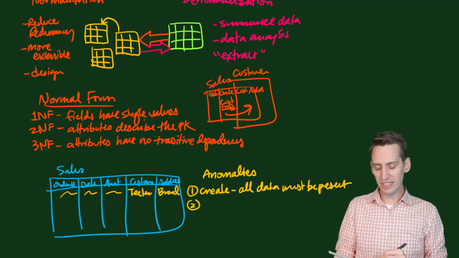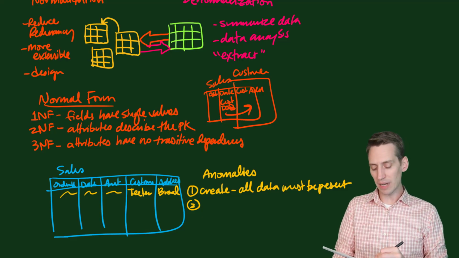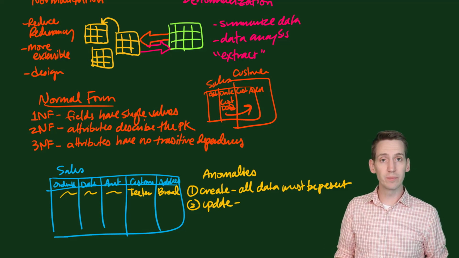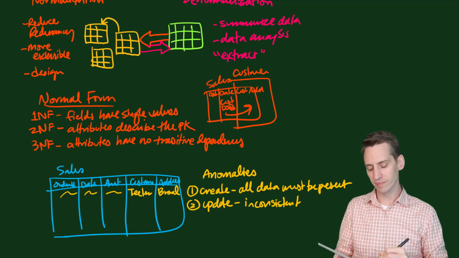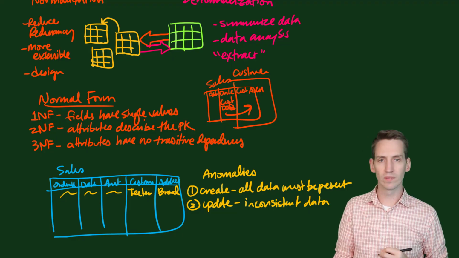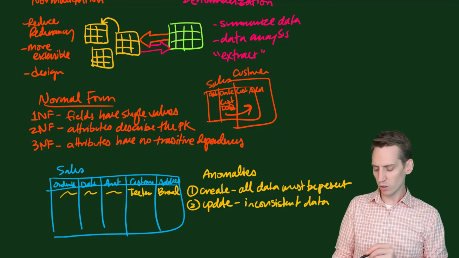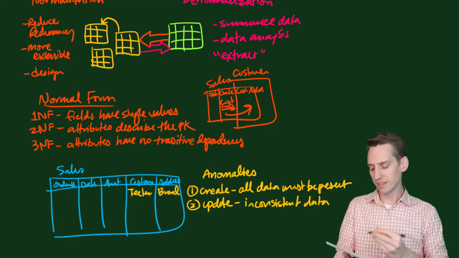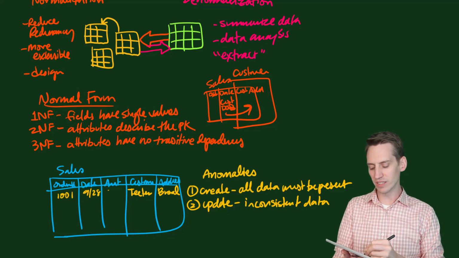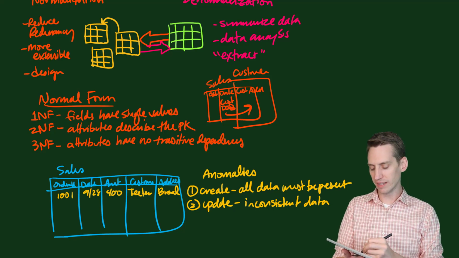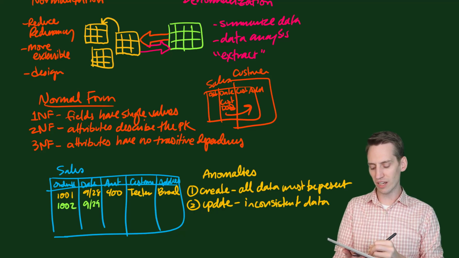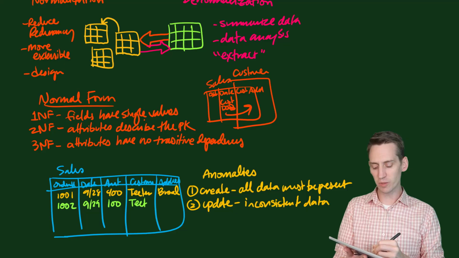The second anomaly that we see is what we call the update anomaly. The update anomaly results in inconsistent data. So what does that mean? Well, let's say I have an order that I record. I have order number 1001 on 9/28, and the amount is $400. I have a subsequent order that is now 1002. This is on 9/29 for an amount of $100, and I put in my customer,